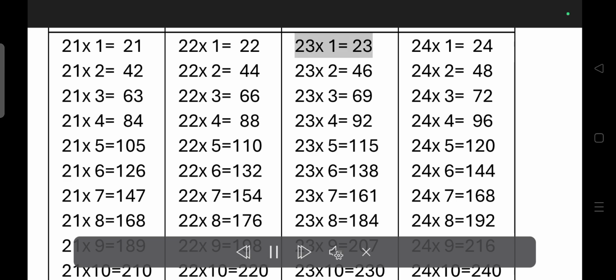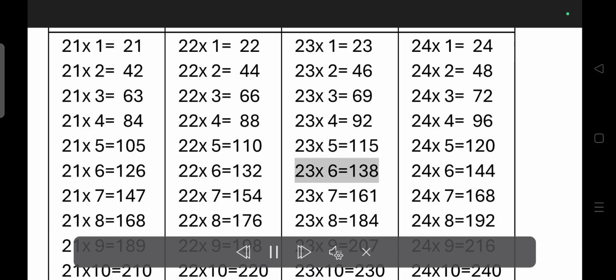220. 23 times 1 is equal to 23. 23 times 2 is equal to 46. 23 times 3 is equal to 69. 23 times 4 is equal to 92. 23 times 5 is equal to